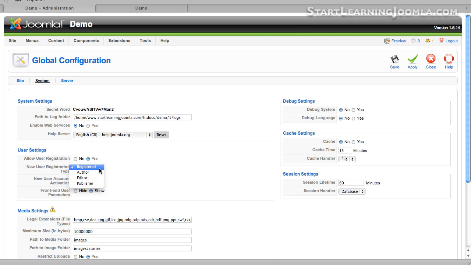In some cases, we may allow people to register as more privileged users, but we'll cover that when we talk about user-contributed content. The new user account activation option allows us to specify whether we send an email that the user must receive and then click on an activation link before they will be permitted to log in. In most cases, this is a good idea and it confirms that you have an accurate and working email address